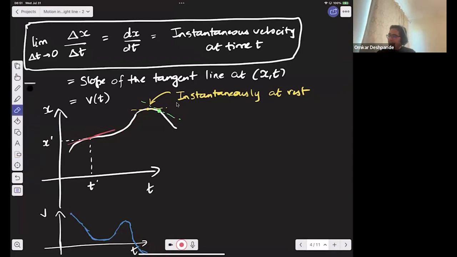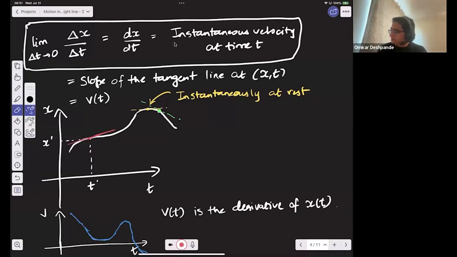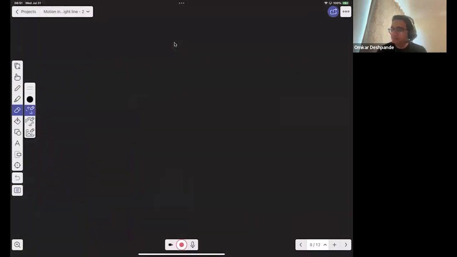And so we say that the v-t graph is the derivative of the x-t graph, because it is derived from the x-t graph in this way by successively taking the slopes at each point. Okay, so this is what we did about velocity and time graphs last time, and we also said that